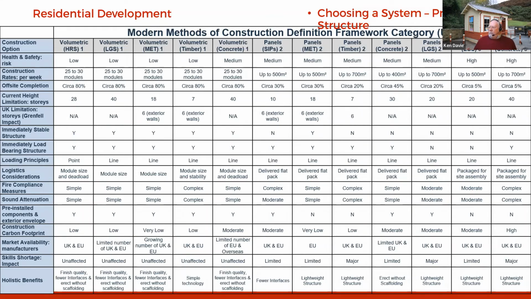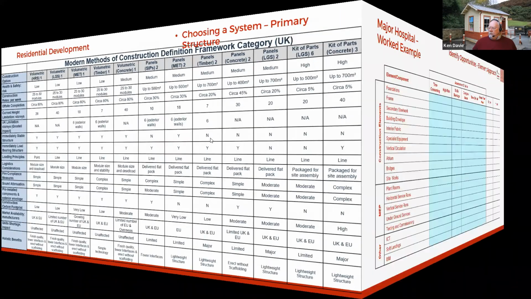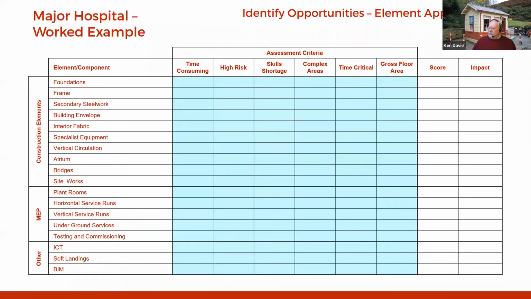So again, the principle is I'm sitting down, I'm looking at a project of some kind. I've got all these different options. So I do some analysis and try and identify what's best. And just going through all these various criteria, I can identify what might well be the best thing for a particular project I'm looking at. And you could apply the same principle to virtually any project. This was actually the approach used for a hospital project. It was a PFI.